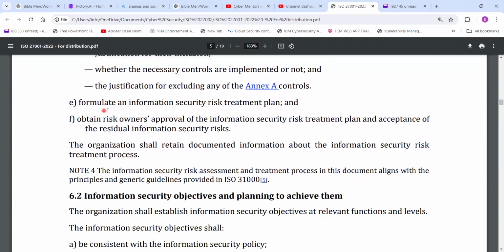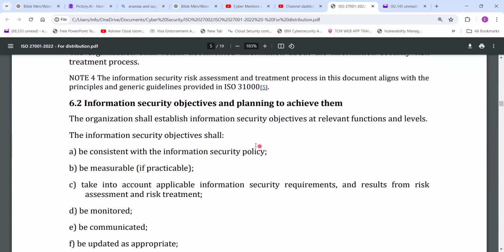And then you come up with what is called the risk treatment plan. All these are documentation. You have the statement of applicability, how you want to assess risk. These are all documentation. Remember, they shall be retained as documented information as well. And then 6.2, still on planning. So you have to define your security objectives. Your security objectives talk about